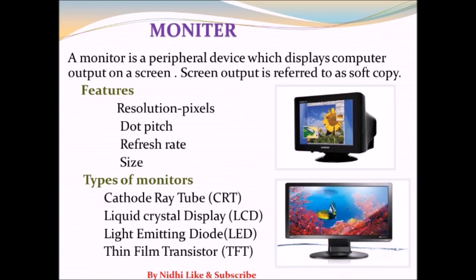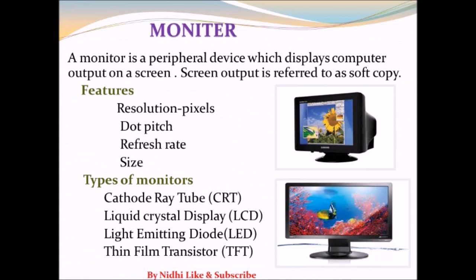And various types of monitors are there: CRT based, cathode ray tube monitor, liquid crystal display monitors, light emitting diode monitor, thin film transistor monitor. All these types of monitors are also known as visual display units. And the picture on a monitor is made up of thousands of small colored dots that are called pixels. So monitor resolution is measured in pixels, width by height. For example, 1920 by 1080 means width is 1920 pixels and height is 1080 pixels. Okay, so output displayed on a monitor is called soft copy.